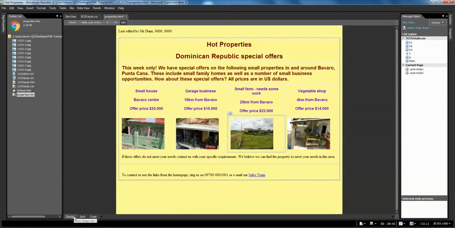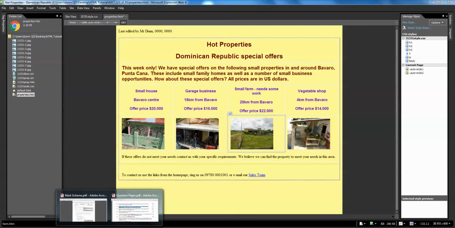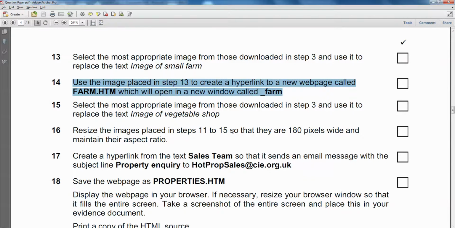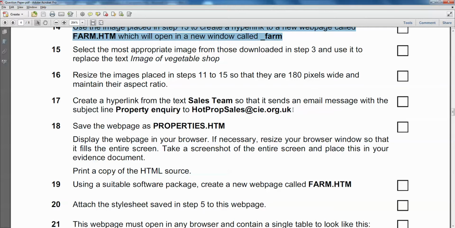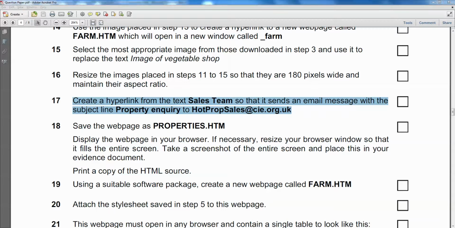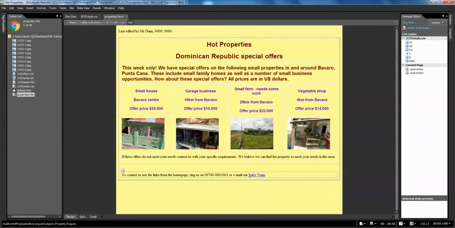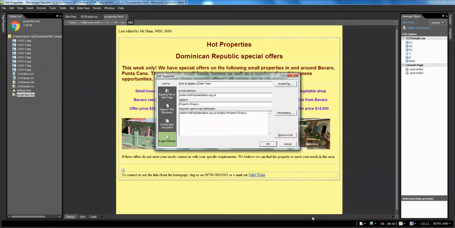Okay, and then I'm going to go back to my design view, back to my questions. Another type of link is a mail to link, which we've been asked to do in question 17 from the text sales team. So what I did was I selected sales team, again hyperlink,